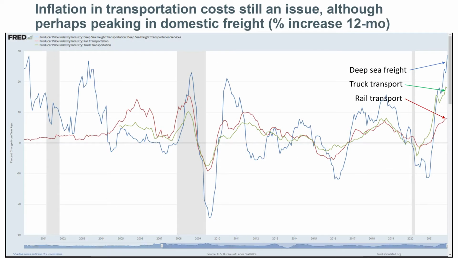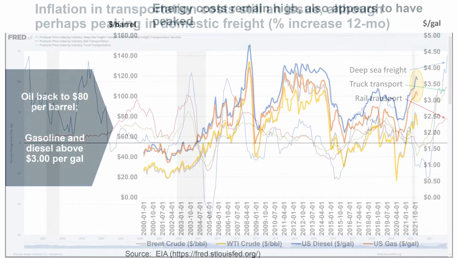Contributing to this demand, at the same time, we're seeing a lot of bottlenecks in the supply chain, mostly in transportation, whether that's deep sea freight, which affects certainly some of our shipments of sugar if we're importing. We're the number 3 largest sugar importing country. But also here in the U.S., of course, we've seen a lot of truck transport and a lot of rail transport inflation,